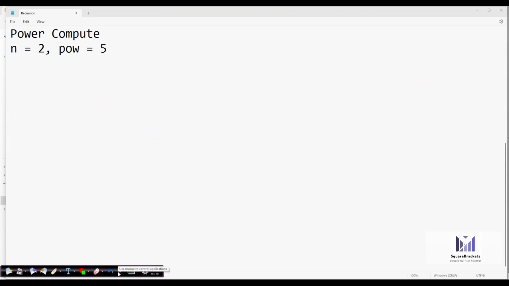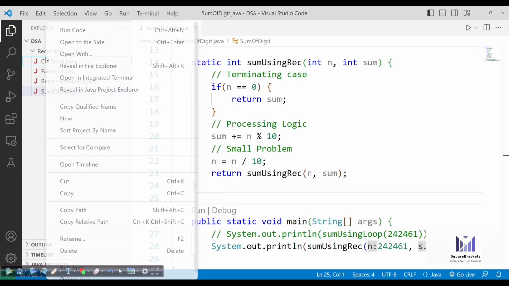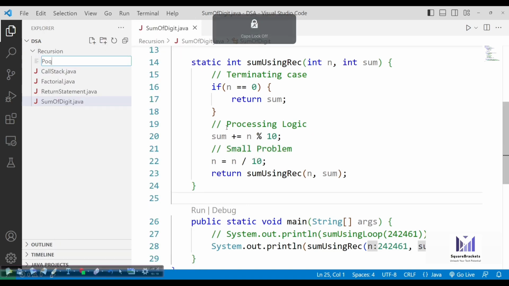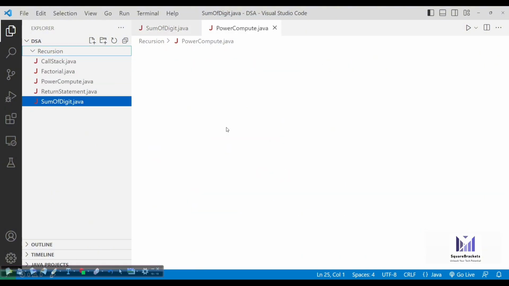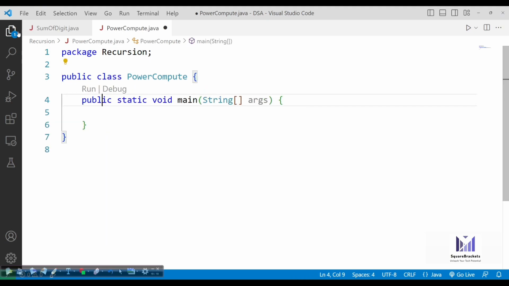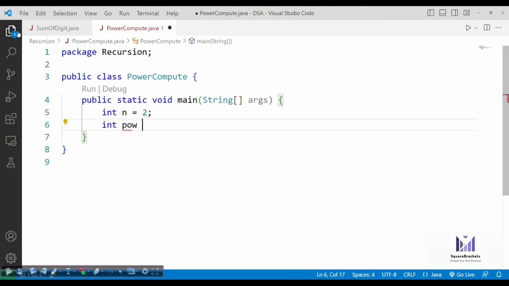So let's write directly in our VS Code. Power compute. First of all, let's have a main method where we have given n equals 2 and power equals 5.